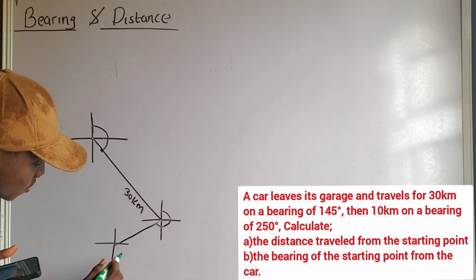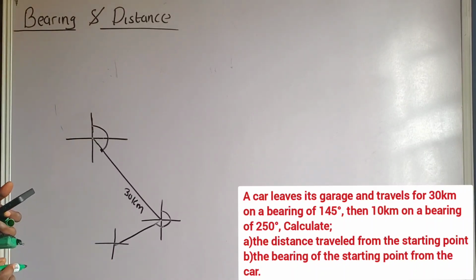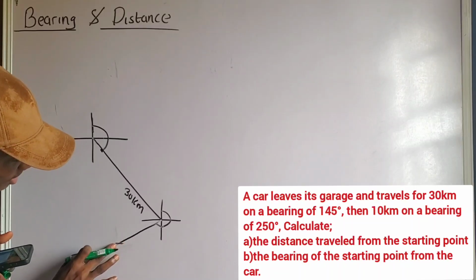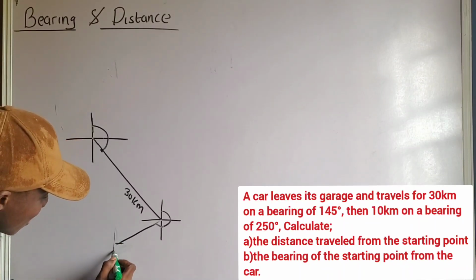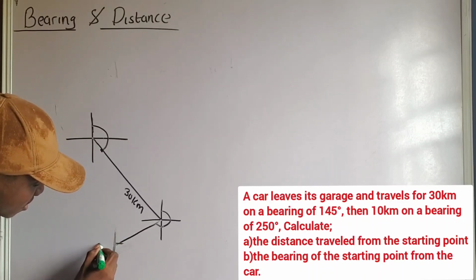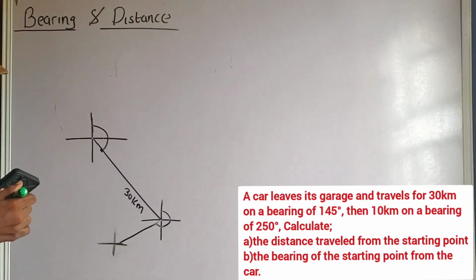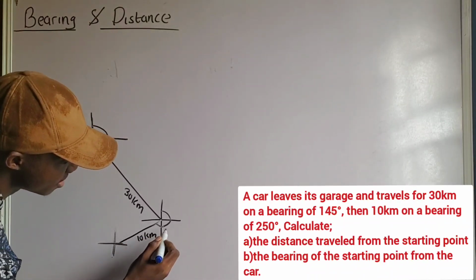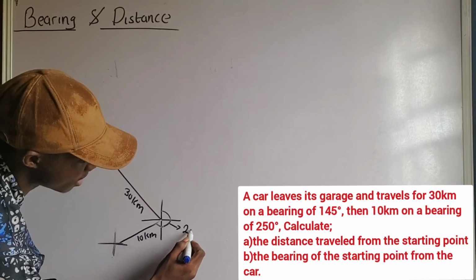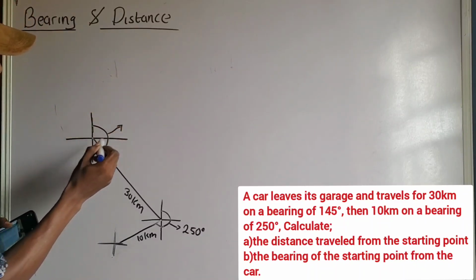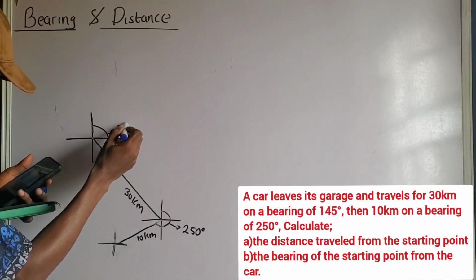Put the cardinal point here as well. So this is the diagram. You can see how I draw the diagram. So this is the diagram. Now, please kindly pay attention. This is 10 kilometers. This is what? 250 degrees. Do you know? And this angle that you see here is what? 145. Yes,